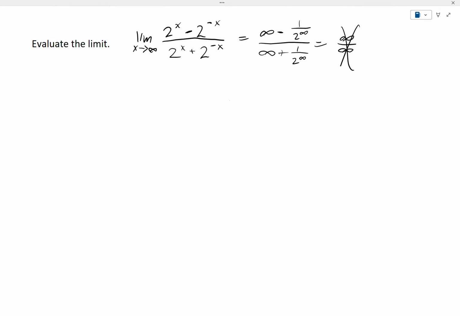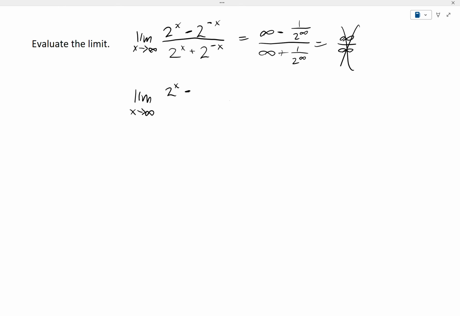So we'll use a trick that sometimes we use for polynomials that approach infinity. We're going to divide by the highest, not the highest power of x, but by the most dominant term. And the most dominant term here is 2 to the x. So we're looking at the limit as x goes to infinity of,